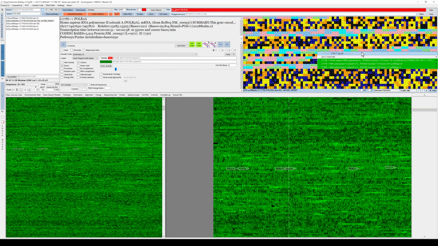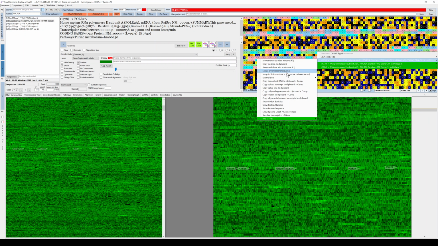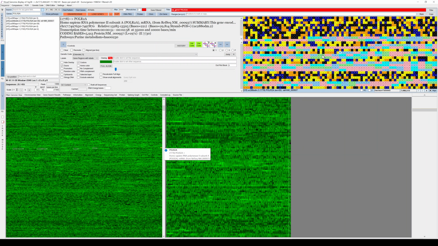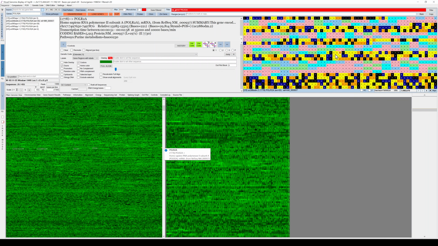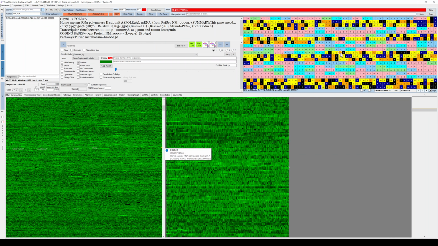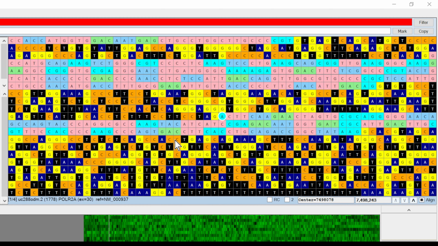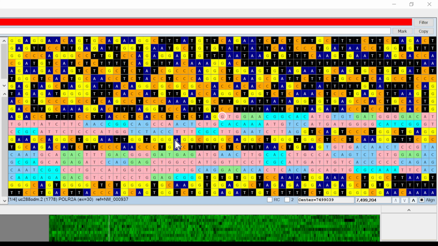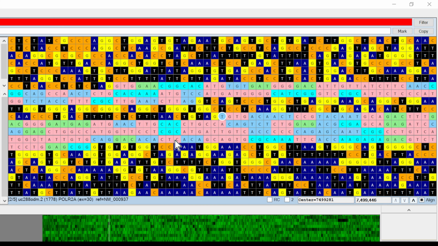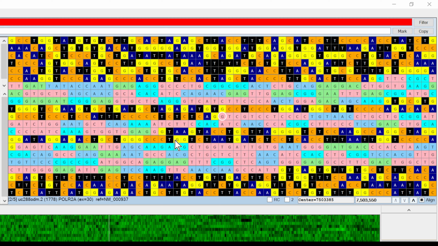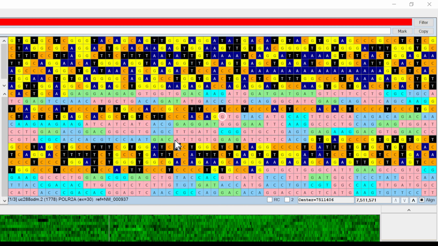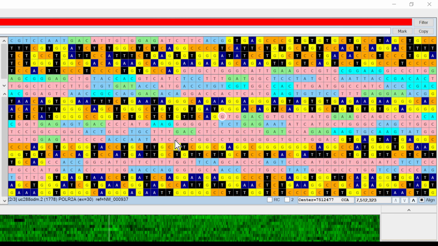If we right click and navigate to the different exons, let's just zoom in a little bit. I'm going to just view it like that. If we step through all the exons, there are 30 of them, we eventually get to the last exon.